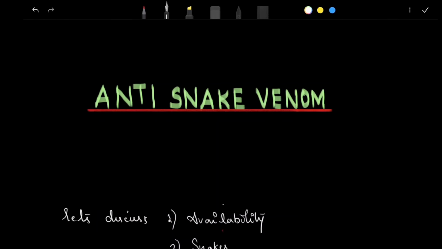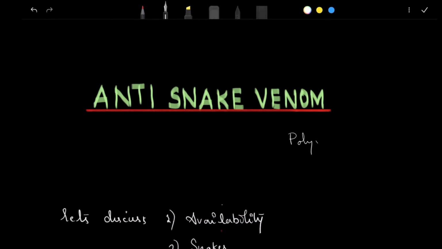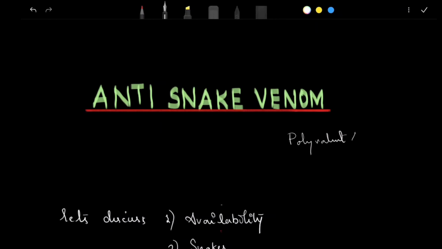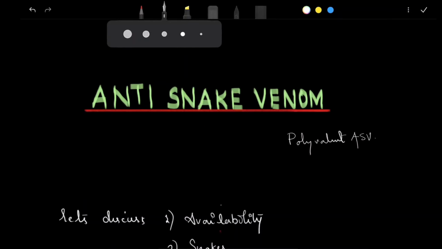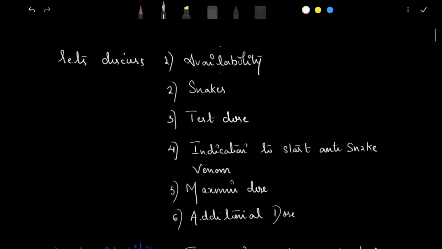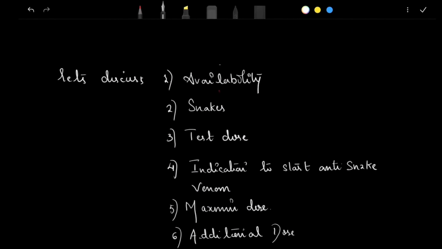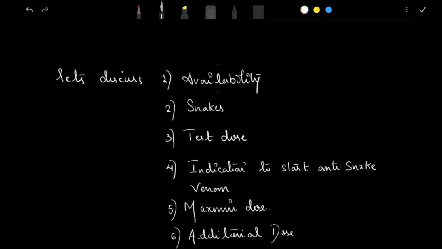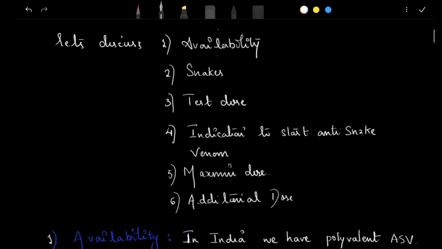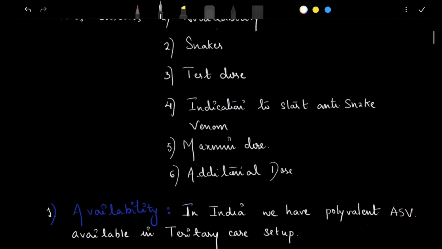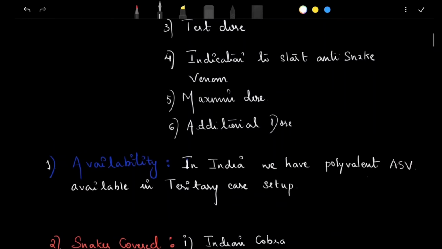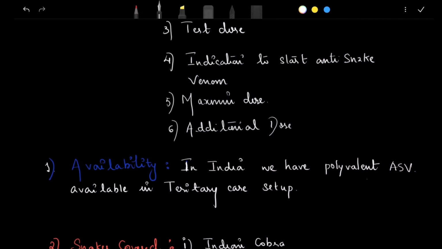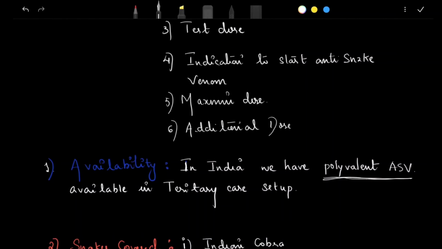And we're starting with a topic called anti-snake venom. It is called polyvalent anti-snake venom. Okay. So in this short lecture, we'll discuss the availability, the types of snakes involved, test dose, the indication to start anti-snake venom, the maximum dose, additional dose. So among availability, we should understand that in India, we have a polyvalent anti-snake venom, and that is available in